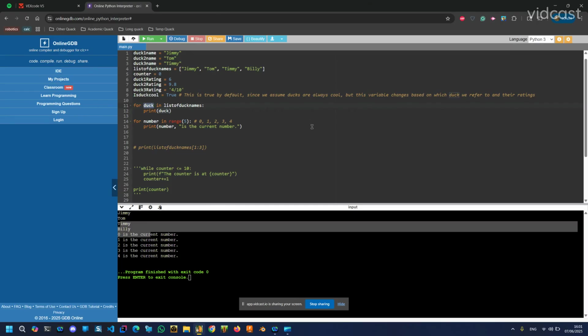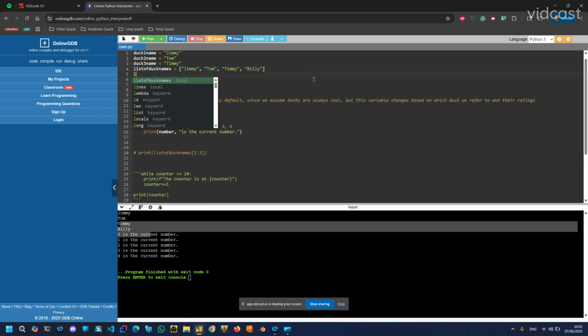One thing I forgot to mention about lists, by the way, is the special thing about Python lists is that you don't need to have everything be the same data type. So although I had everything in this list of duck names be a string, I can actually have it be like a number as well, or I could have a float in there, or I could have a Boolean in there as well. So although we wouldn't use it for a list of duck names, maybe we would use it as a list of